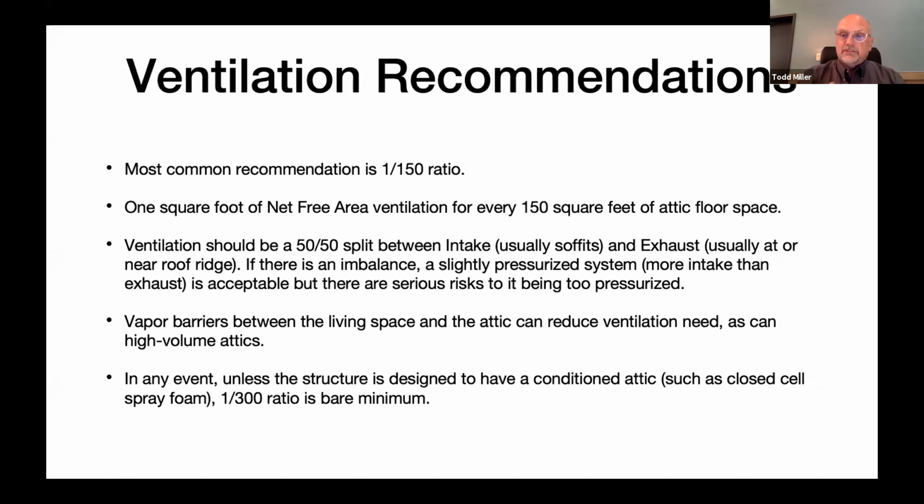But in order for it to be successful at the 1 to 300 ratio, you got to have other things working well. You got to have the vapor barrier, probably a high volume attic. So, you know, I get a lot of people who have modular homes, manufactured homes, and they got condensation problems. Well, most of those have a 2/12 roof pitch. So there is almost no air volume in that attic. And so in that case, we're going to strive even maybe for a 1 to 100 ratio because we're going to want as much ventilation as we can possibly get in there